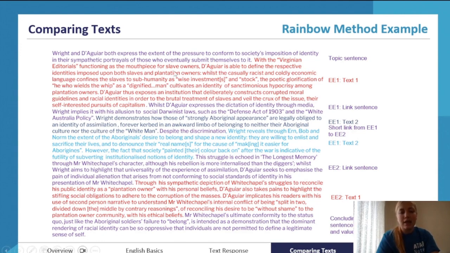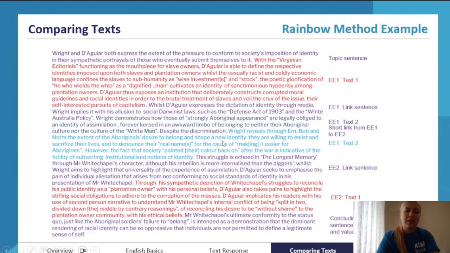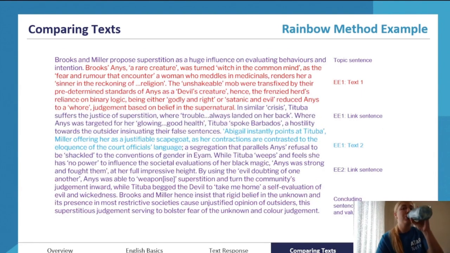And you can see that this literally reflects this in a nutshell. So have a look at the structures. If it's not too late, if you think you could do better on comparative and you think that you should change the structure that you currently use, and maybe try the rainbow structure or the block structure in contrast to what you're currently doing, you still have some time to attempt this and have a look at how you go. Whatever feels better for you and whatever way you write better is preferred.